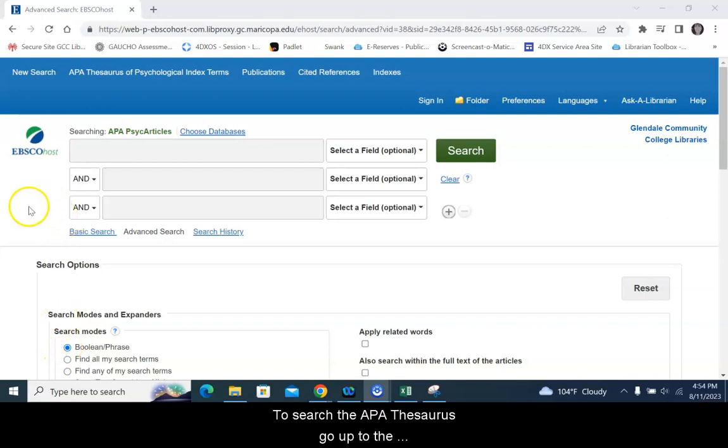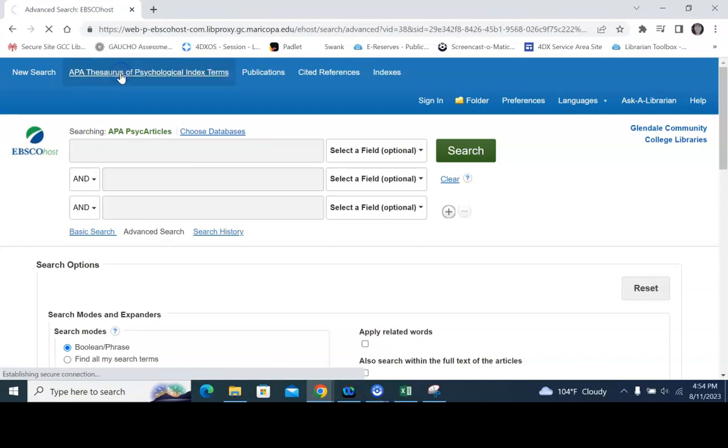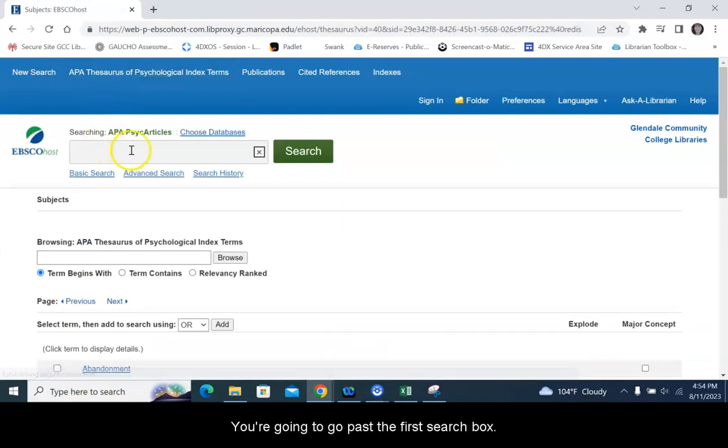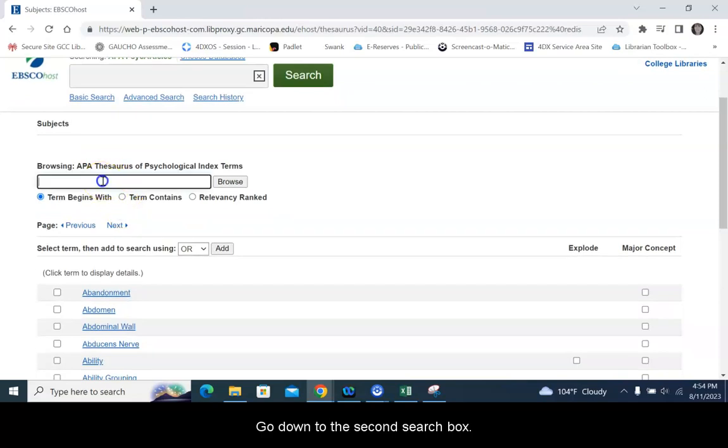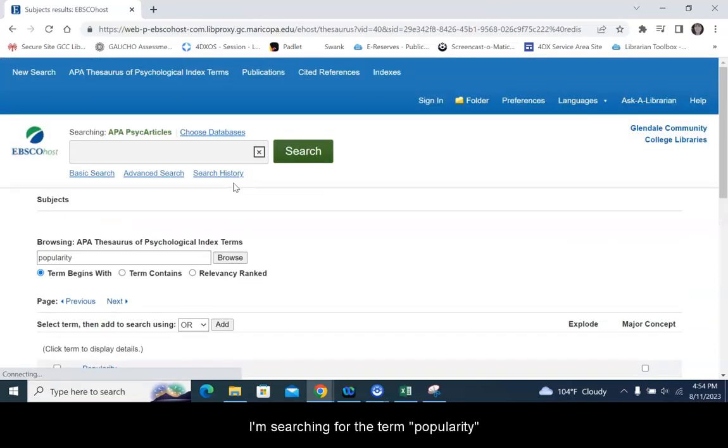To search the APA Thesaurus, go up to the Thesaurus on the blue bar. You're going to go past the first search box. Go down to the second search box. In this example, I'm trying to find articles on popularity, and I want to know if popularity is the best term to use. I'm searching for the term popularity,